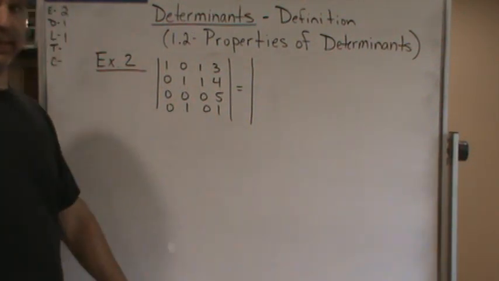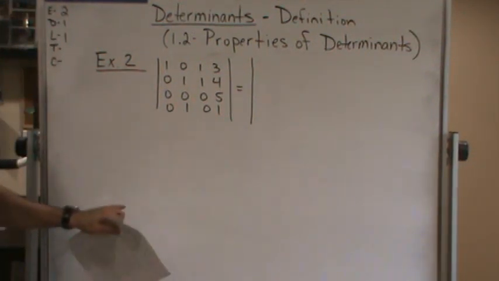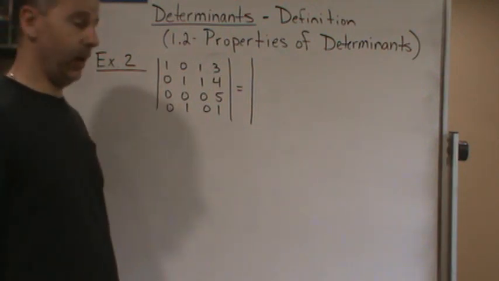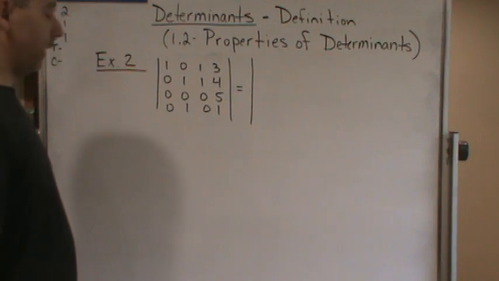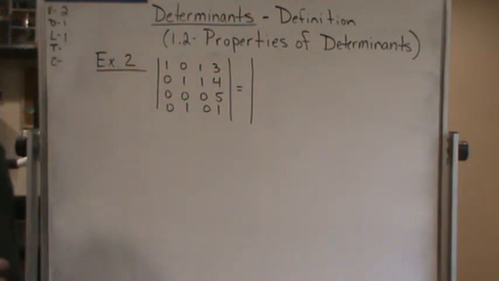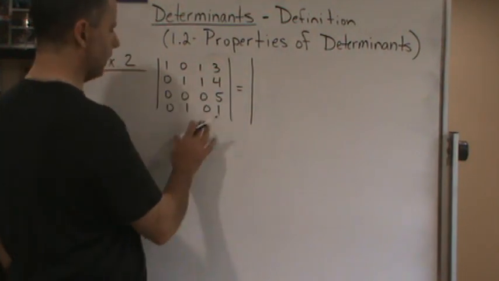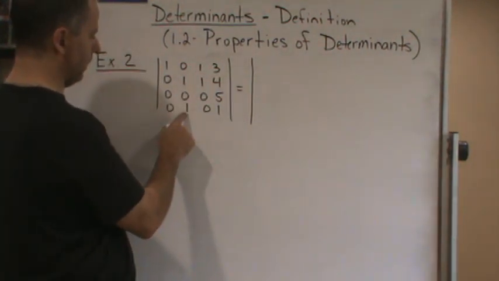Okay, so let's look at this example here. When we're dealing with bigger matrices, ones that are obviously bigger than 3 by 3s, then the row reduction becomes even more important, and the determinants go quickly. Okay, so if we look at this here, now if I want to eliminate this one,